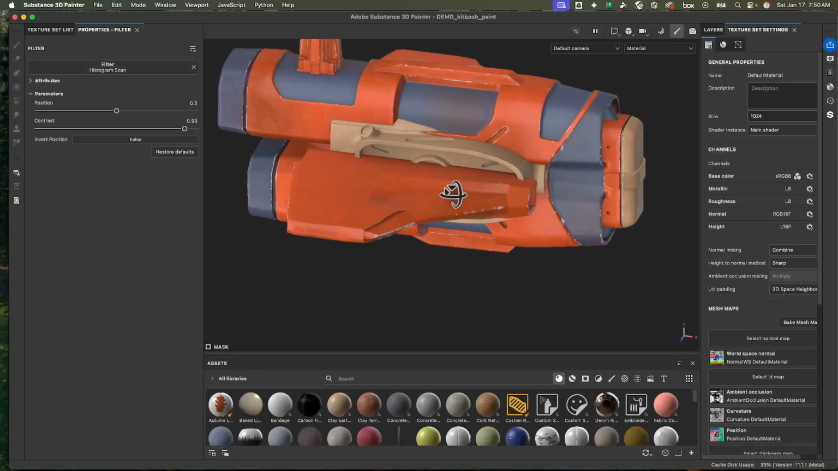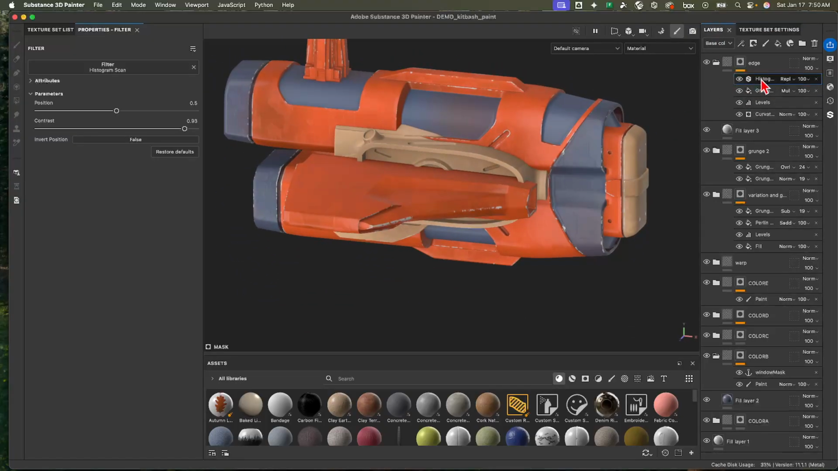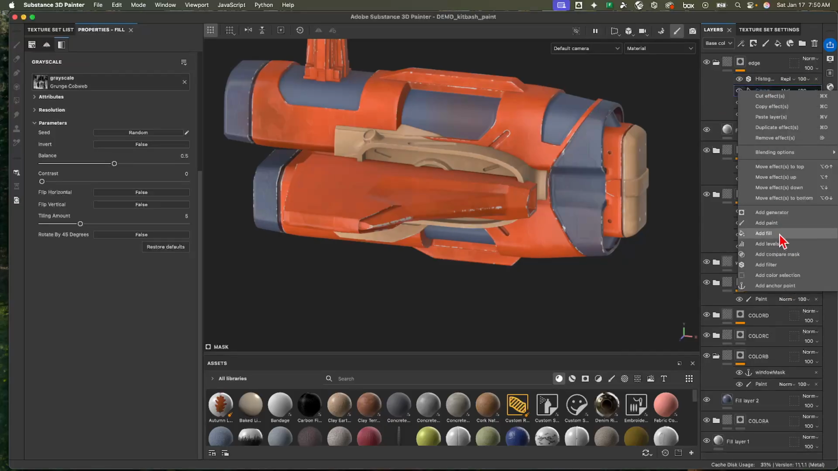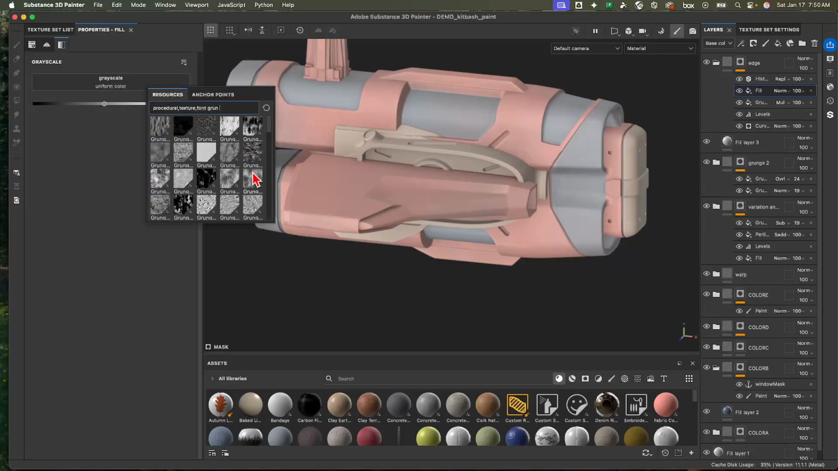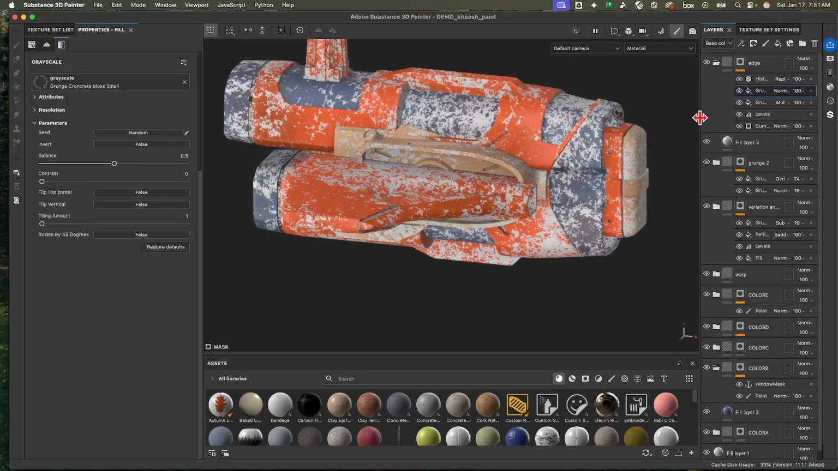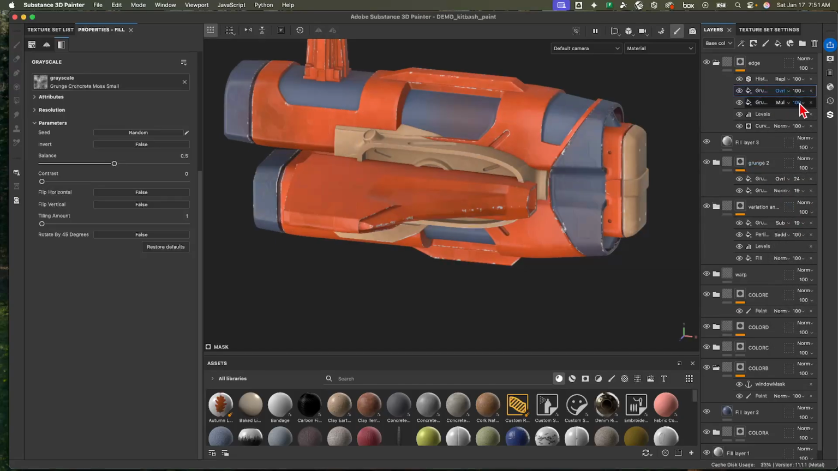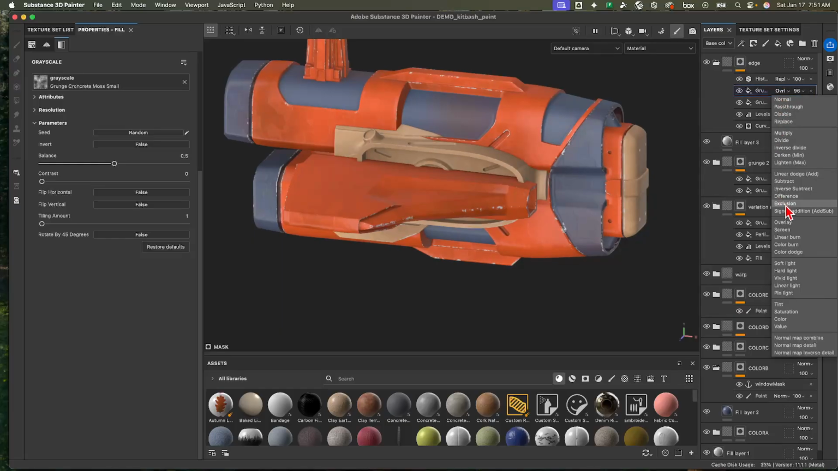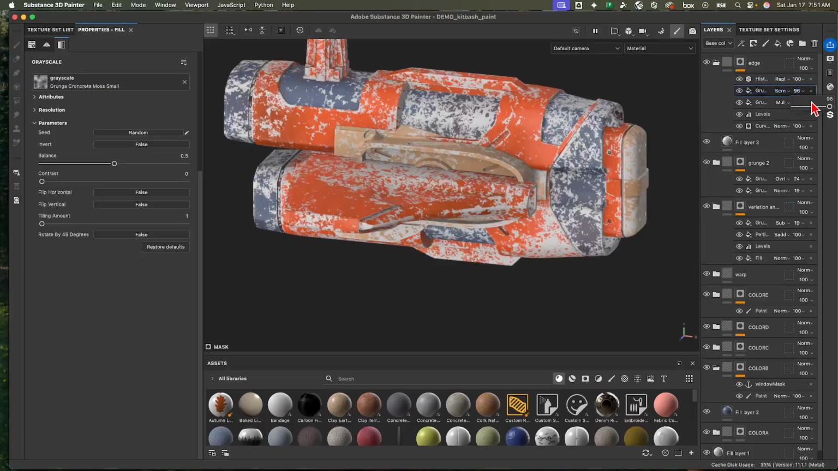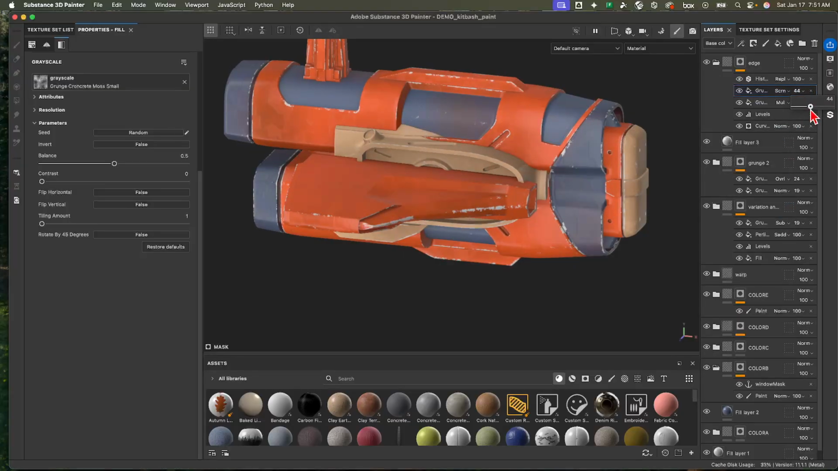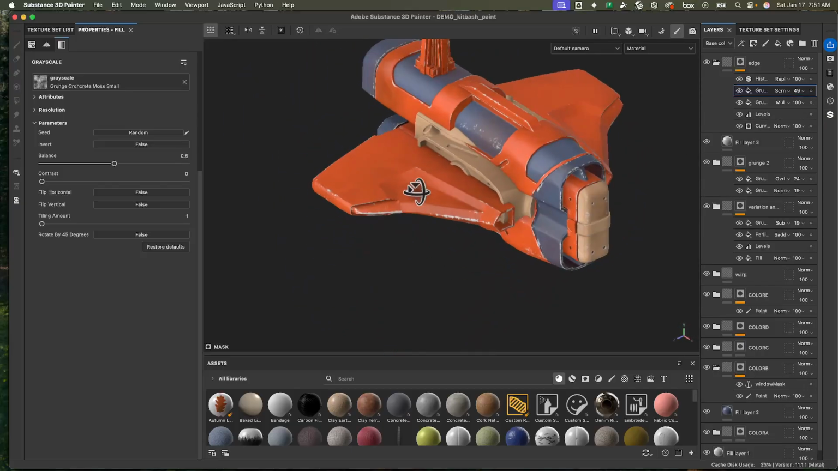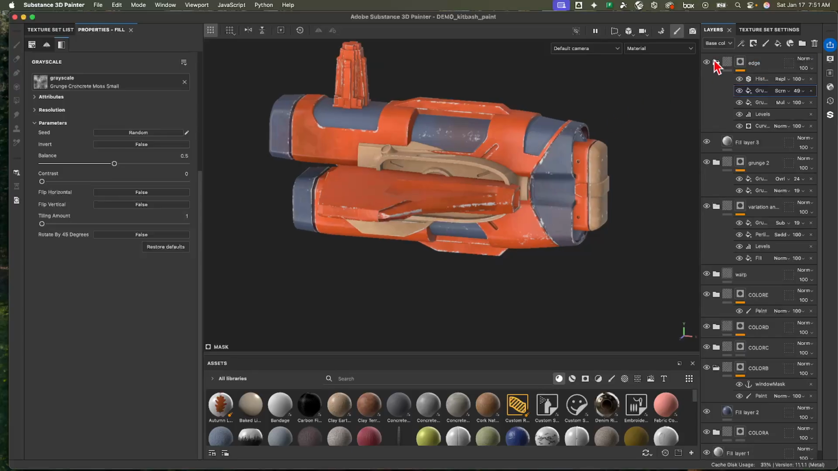And you're probably thinking, we could be more purposeful with this, so we can maybe add another grunge map and put another grunge in here. And we can change how this affects things. All right, so now we've got some great breakup and grunge, and then we just have to choose what material